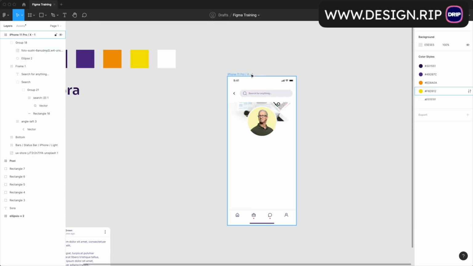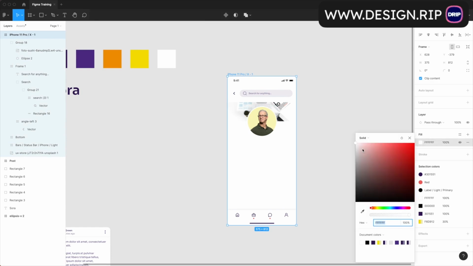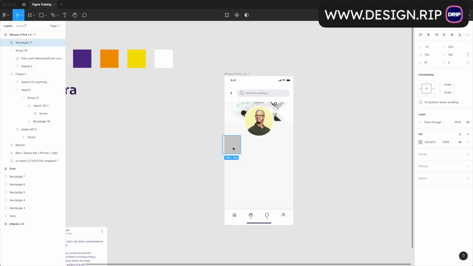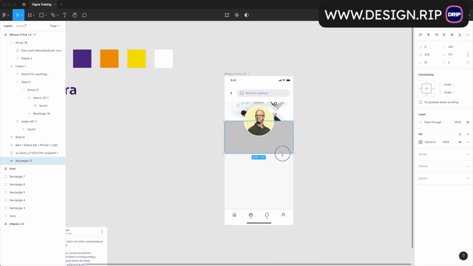To communicate better depth of the elements, we will make the background a different color than a pure white. Definitely we should use some kind of light gray, so just choose a color on the color picker randomly. Let's choose this one, yeah. Now it looks a little bit dark, so we will use this gray only as a background. That means we should add a white rectangle for the other information about the profile, like you can see in the template. To keep multiples of 8 of the proportions of the elements, we will make it, let's say, 320